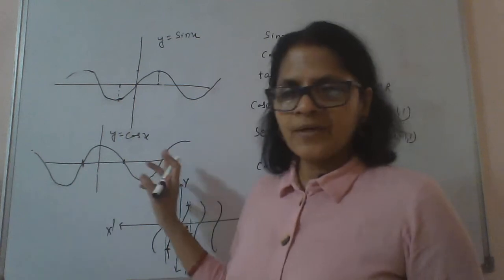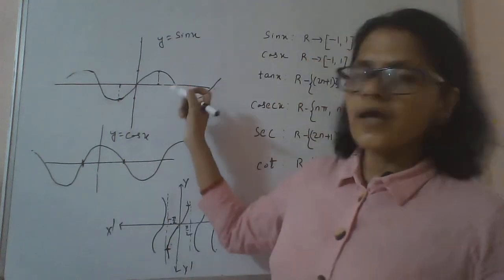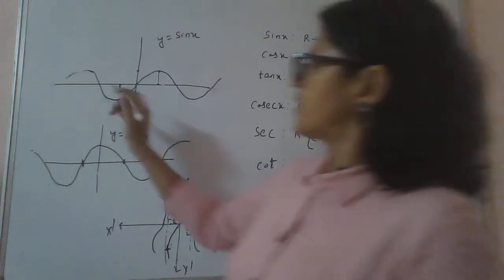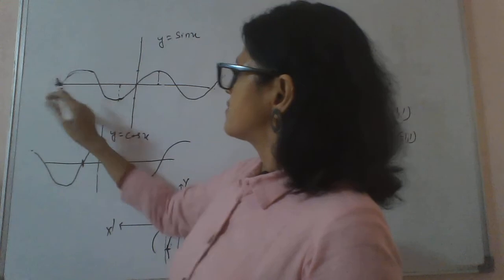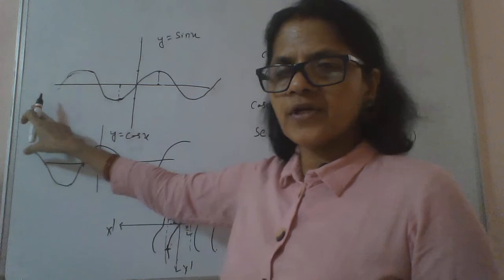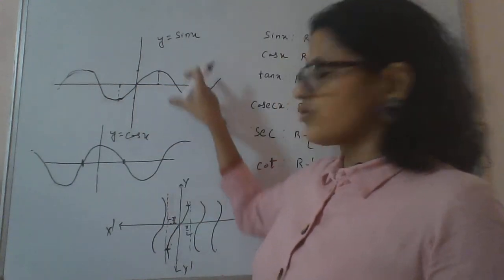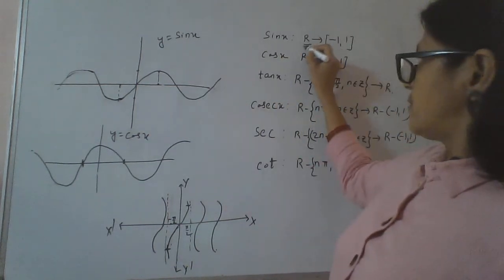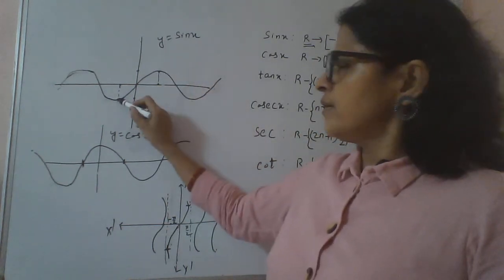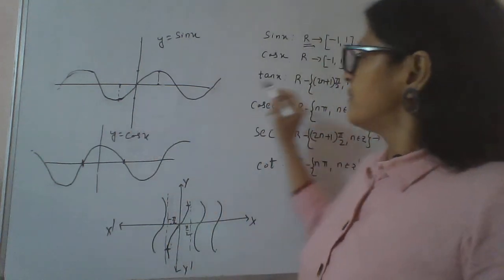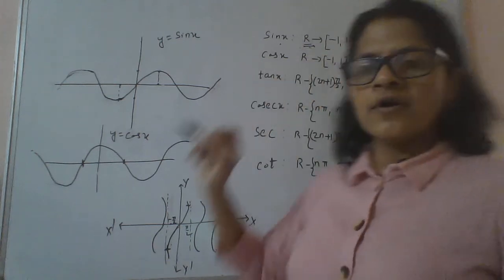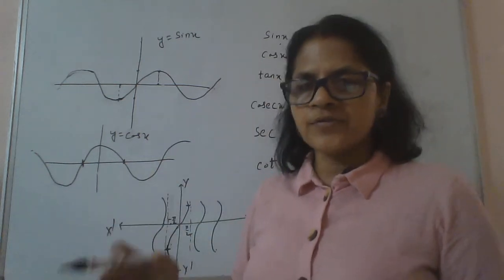Okay, so let me take you through some graphs of trig functions, like y equal to sin x. You can clearly see y equal to sin x. I have just taken a rough sketch here. So if you go like this, the domain of the function is from minus infinity to plus infinity. It means the domain of sin x is the set of real numbers, and for range you can see maximum height 1, minimum height minus 1. It means sin x is a mapping from the set of real numbers to the closed interval minus 1, 1.